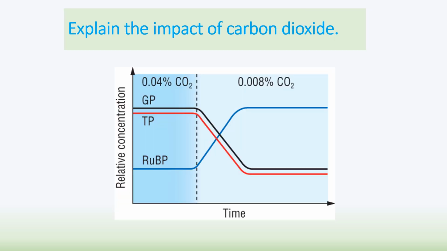Carbon dioxide is accepted by Rubisco, the enzyme, which converts RuBP into GP. So this is higher levels of carbon dioxide, this is lower levels. If we've got high levels, then you're going to have lots of GP being made, lots of TP being made. Ribulose bisphosphate will be converted into GP, so you'll have low levels of that. But if the carbon dioxide levels drop, your ribulose bisphosphate will no longer be accepting it, and therefore its levels